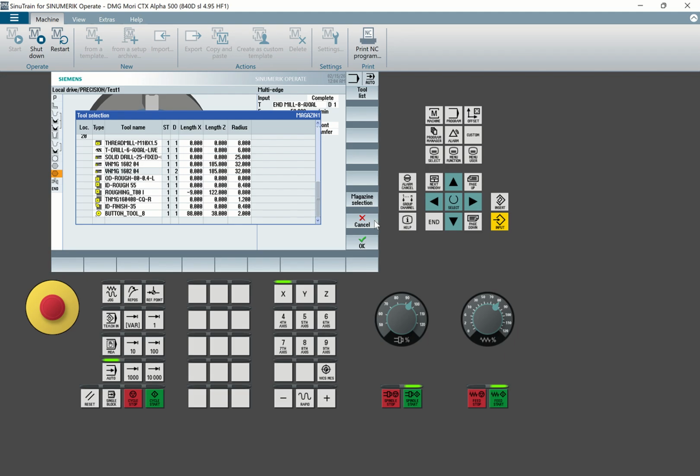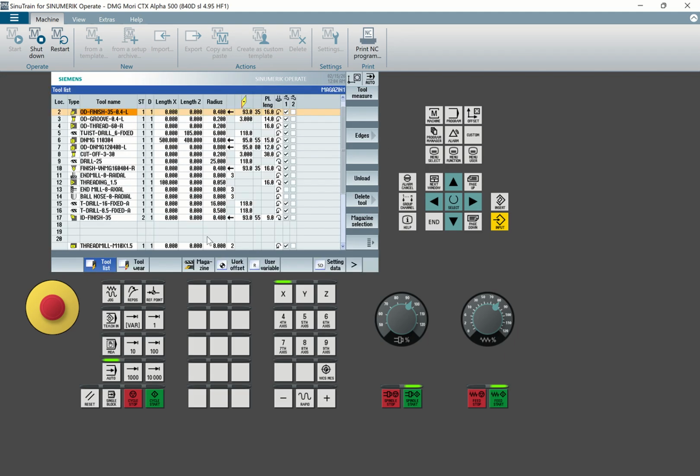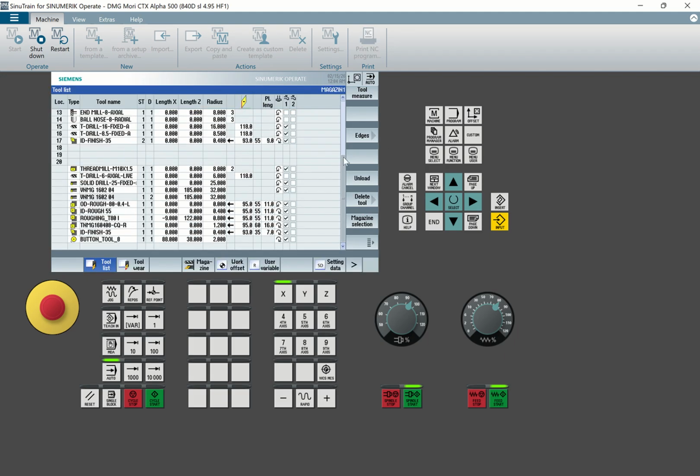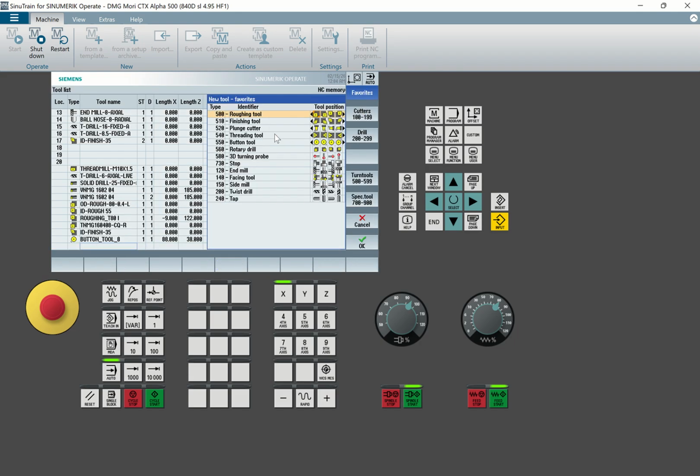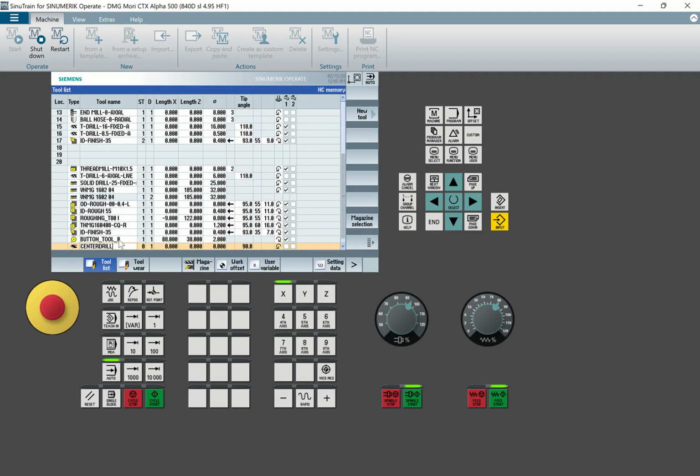I don't have a chamfer tool. So I'll go to offset and then ensure that I create a chamfer tool. Click on this one. They say new chamfer tool. Chamfer tool is like a center tool. So this is a center tool, but on this side, and then this center tool, let's just check it as chamfer